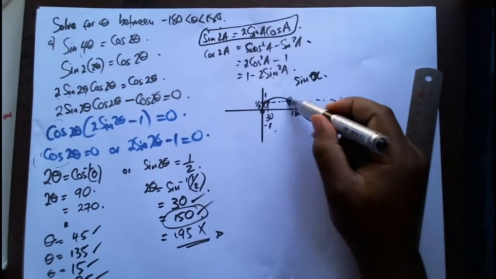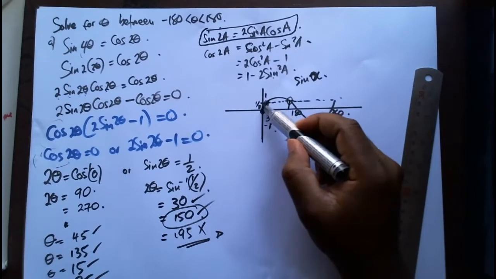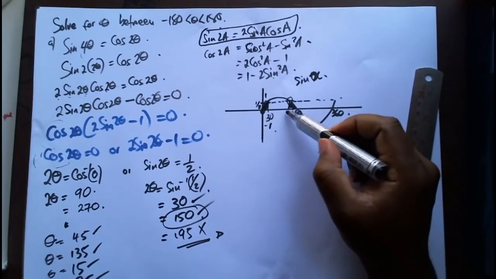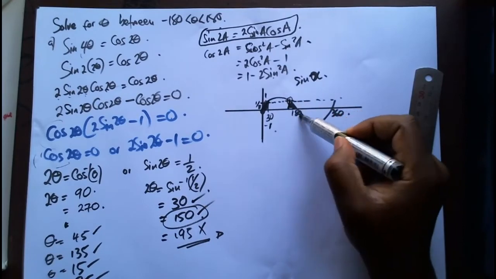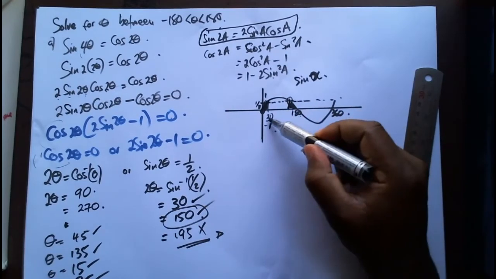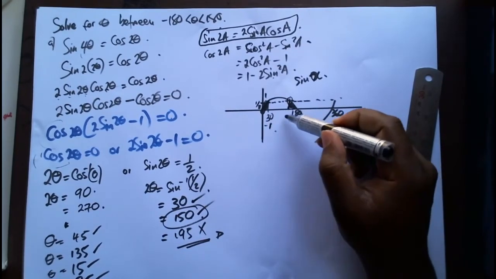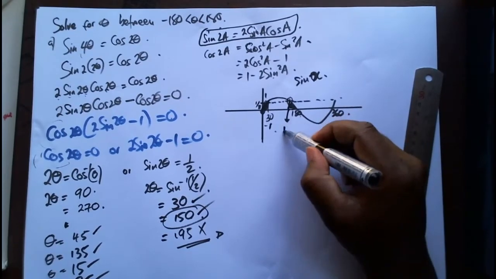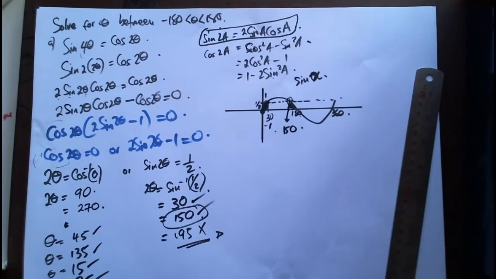And here now, how do you get this? Because this area is similar to this small portion. So how do I get this? It's 180 minus this portion, which we can see is 30. So it's 180 minus 30, which is 150. Or you can use